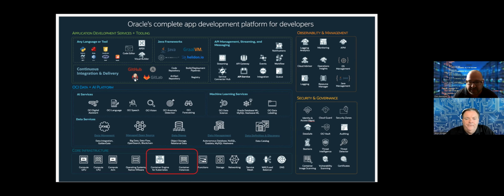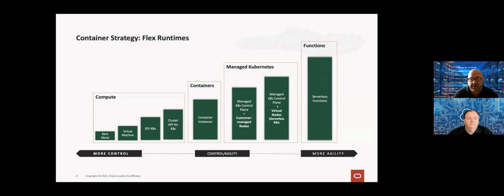Excellent. So from a container strategy perspective, this is what we really have to offer. We have our compute platform, where we can run, obviously, bare metal, virtual machines, clusters. We can run containers and Kubernetes on these environments as well. But then we also have our container platform, which is new, and I'm going to talk about that. We have a managed Kubernetes platform, which is OKE, and we have functions. So anything from a container or microservice or Kubernetes area, we've got pretty much all of it covered now.